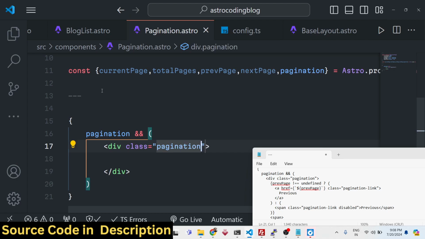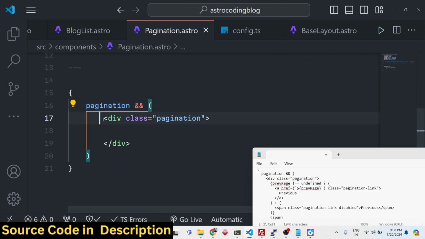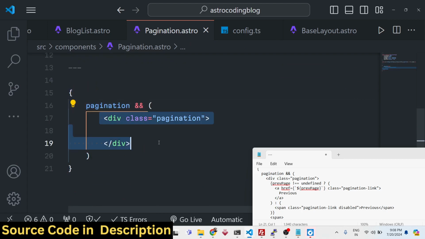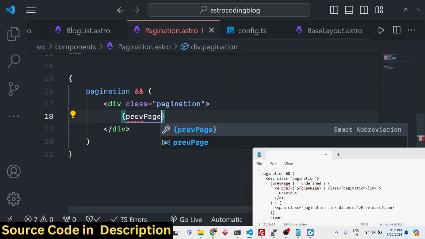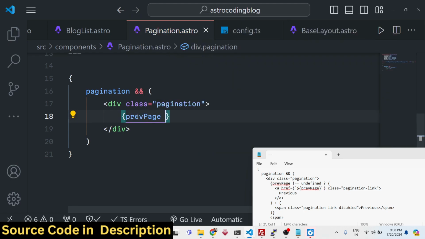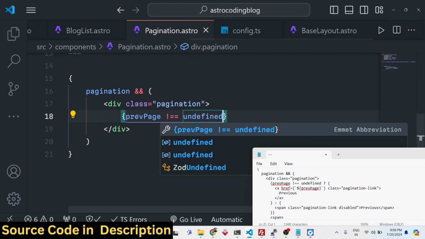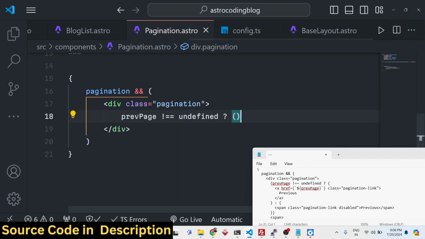class. So here you can see pagination is a boolean parameter. We are simply checking it in a JavaScript expression that if the value is true, then only in that case we will be showing the pagination. So this is JSX, guys. If you have studied React.js, you will know what I am doing. So you will simply check that if the previous page value is not undefined, in that case we will use the ternary operator. In that case we need to show